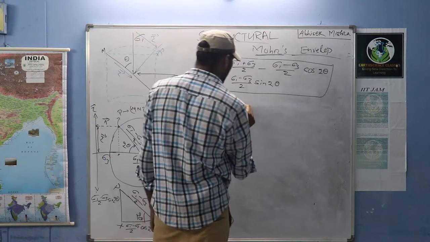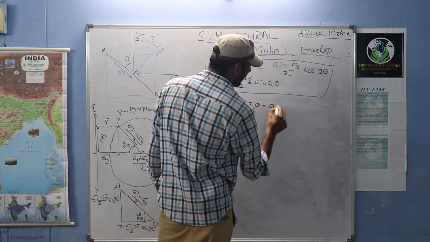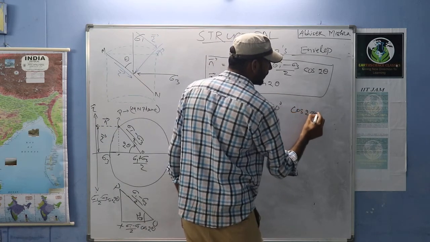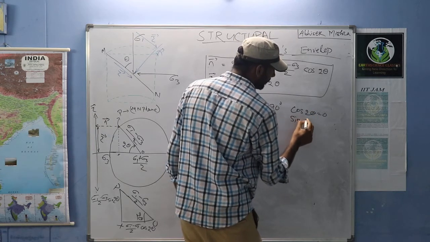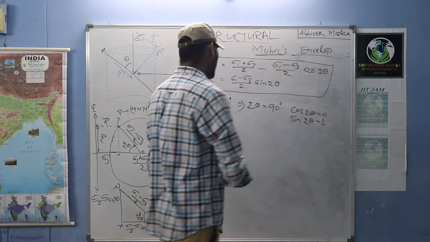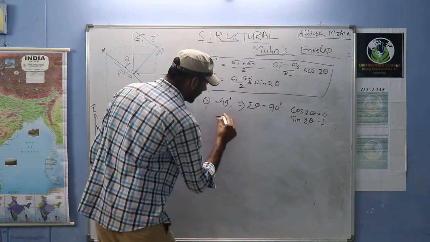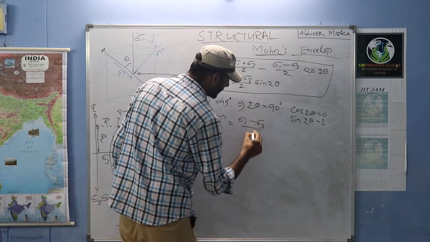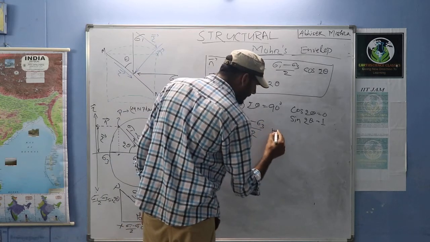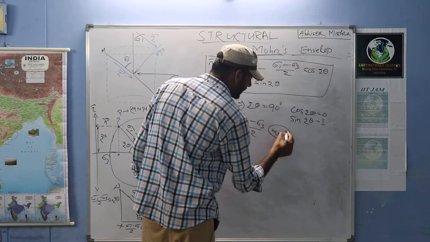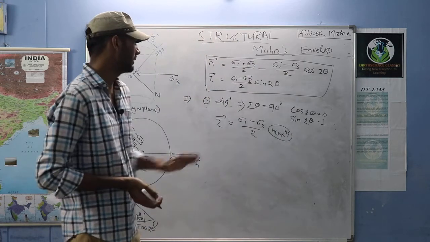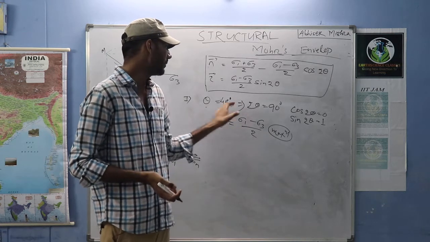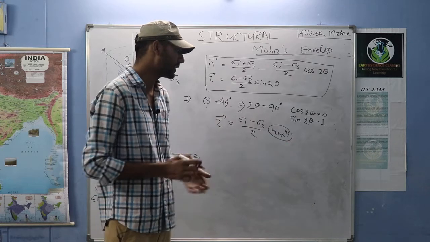When theta is equal to 45 degrees, 2 theta will become 90 degrees. Then cos 90 is equal to 0, and sin 90 will be equal to 1, right? So tau will become (sigma 1 minus sigma 3) by 2, which is maximum. As we have seen earlier, in the other cases, when theta is 0 or 90, tau will be 0. Whenever it is 45 degrees, it will have some value, and that is the maximum.